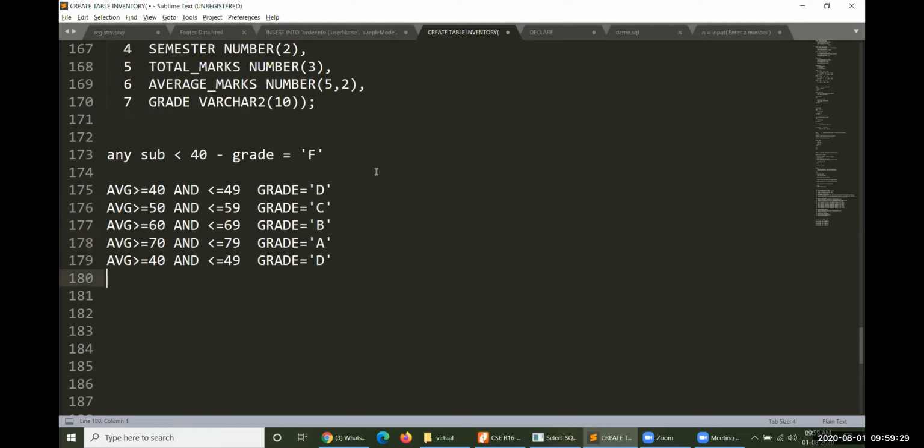If the average is 80 to 89, it could be A plus grade. If the average is greater than or equal to 90, whether it is 90, 91, 92, whatever the average may be, then the grade will be outstanding, O. So these are the grades. We need to frame it in such a way.